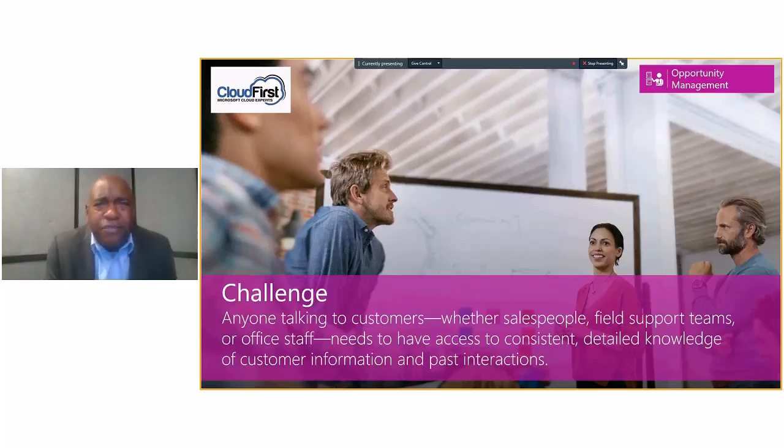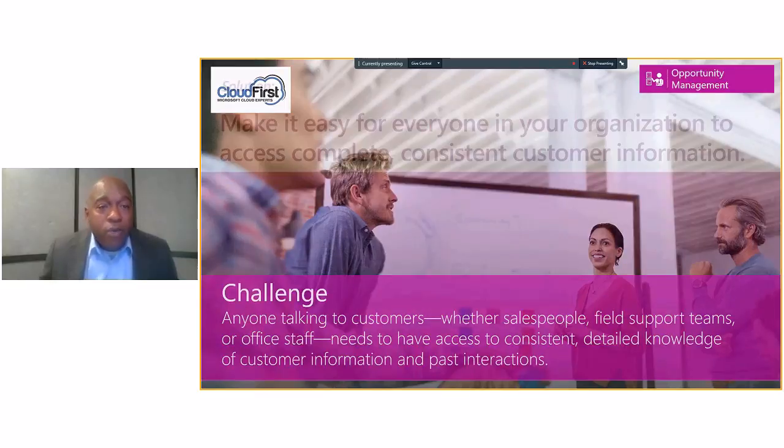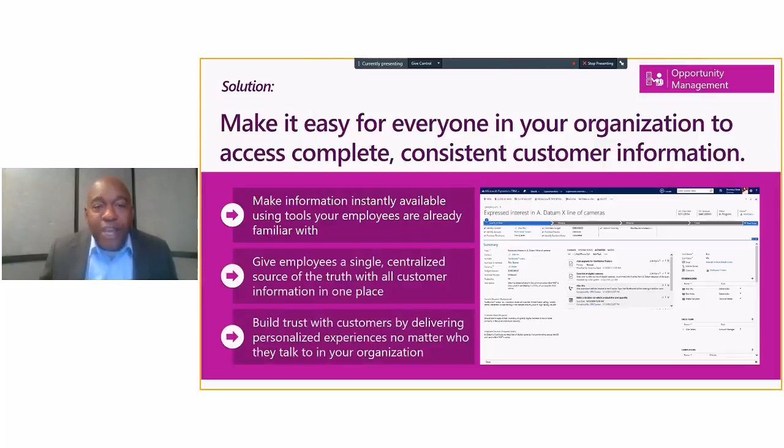and the customer service team has a different message about the product and about the organization. And then maybe the field staff comes and visits them, and they have something completely different that they're talking about. So how do we have the same message? How do we make sure our organization has a consistent message across? Well, whether it be future interaction, current interaction, and past interaction, we want them to have a consistent message from our organization, because that creates trust and that helps them to come back. So we want to make it easy for everyone in the organization to access the information, to make it a consistent customer experience.